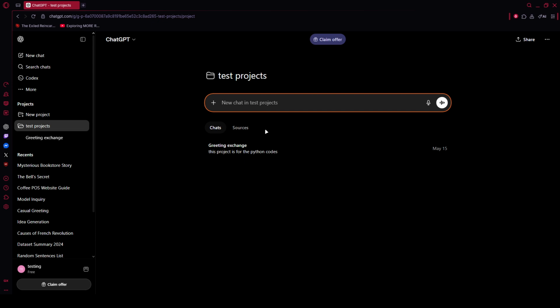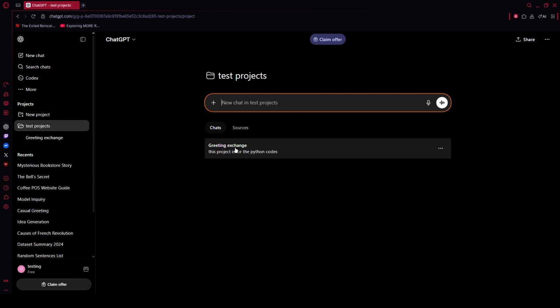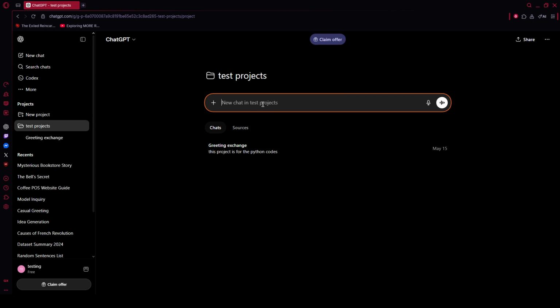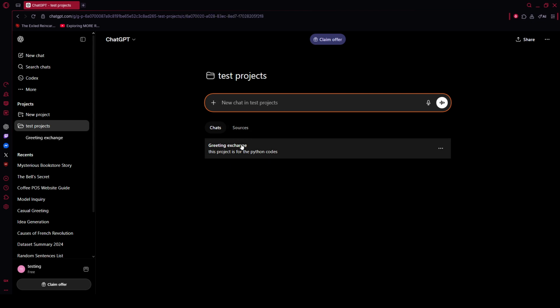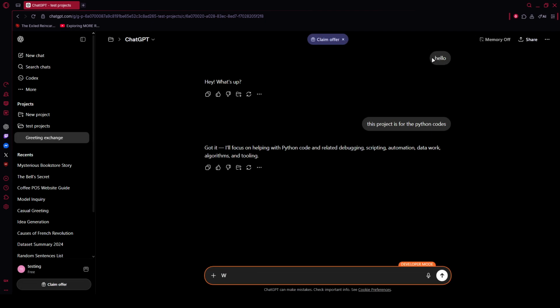Inside the project, you don't need to manually create a new thread. Instead, find the text input field at the bottom of the project workspace. Type your first message and hit enter. That initial interaction automatically creates a new chat entry inside the project, so your conversation is scoped correctly from the